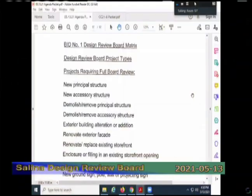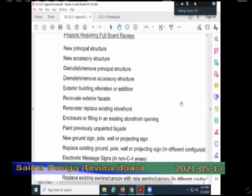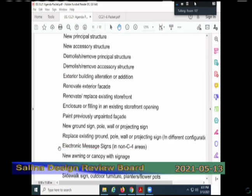So if you just look at this, obviously, if you're building a new building, if you're building an accessory structure, an example of that is the Sonic Drive-In in the Business Improvement District, and they constructed an accessory storage building there on their site, and that was reviewed by this board. If you're removing a garage or other accessory building, if you're doing a major exterior building alteration or an addition, if you're renovating an exterior facade or replacing a storefront or filling in a storefront or painting a previously unpainted facade, or you're putting up a new sign, if you're putting up a different sign in a different configuration,